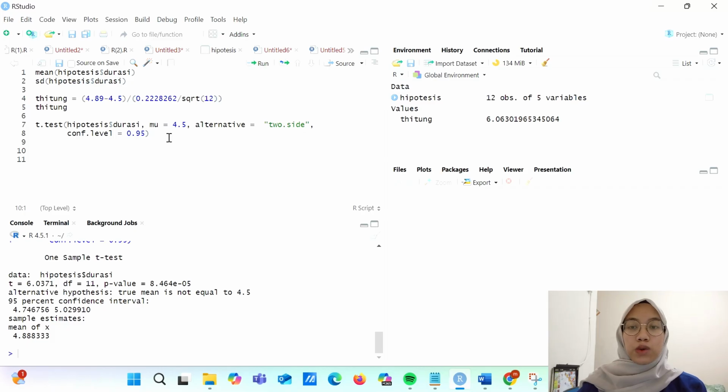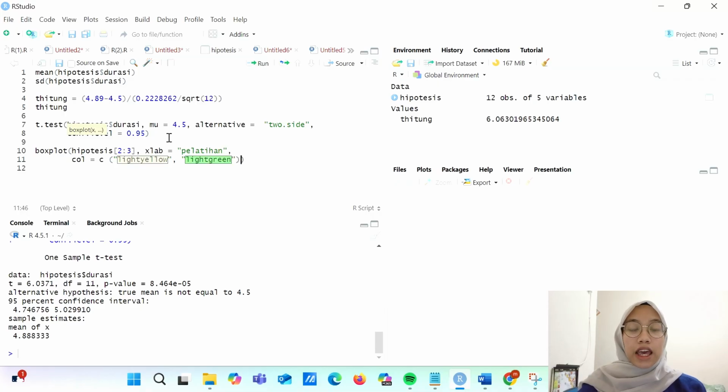Moving on to question number 2, we are asked to create a box plot of the data before and after, as well as perform a paired t-test. For the box plot of the hypothesis data columns 2 and 3, we take the data from columns 2 and 3, then xlab equals training, and col equals c(yellow, green). These are the colors used for the graph.